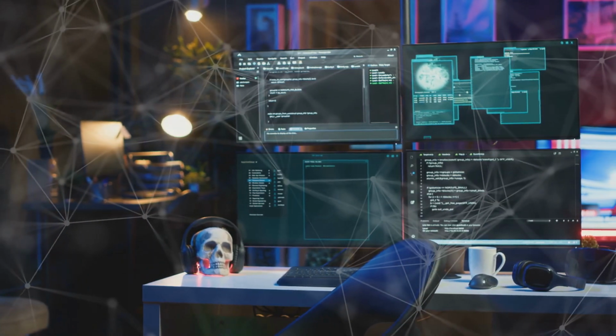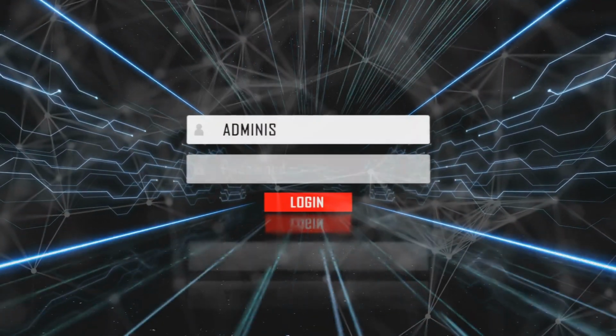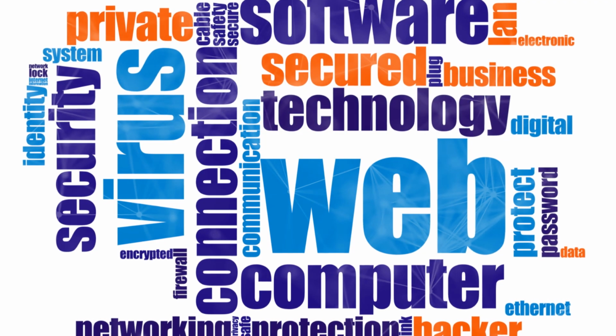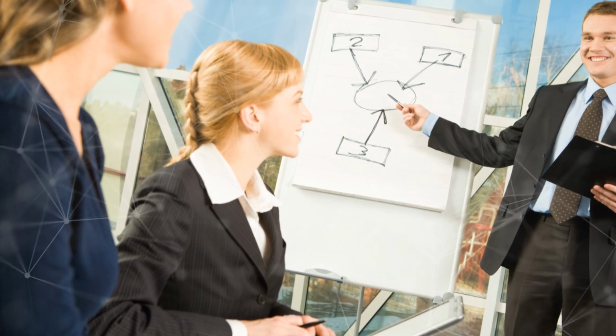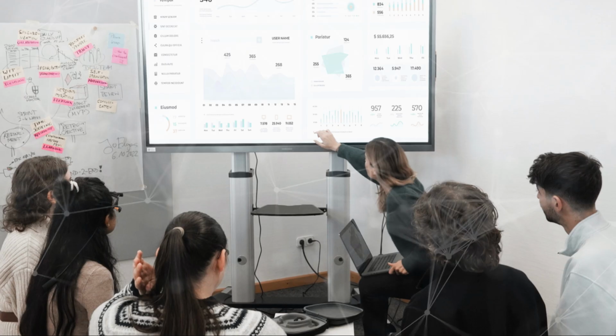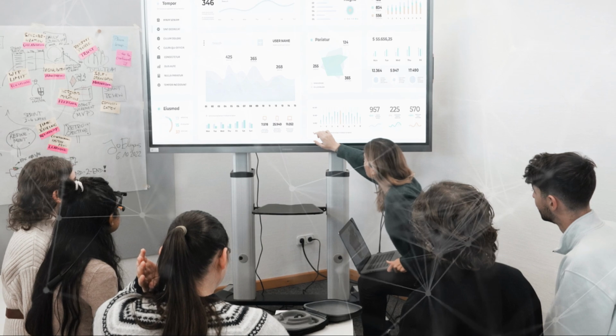Understanding what zero-day exploits are, how they're used, and the potential damage they can inflict is crucial. This awareness allows us to move beyond reactive security measures and embrace a proactive approach, one that prioritizes vigilance, adaptability, and continuous improvement of our defenses.